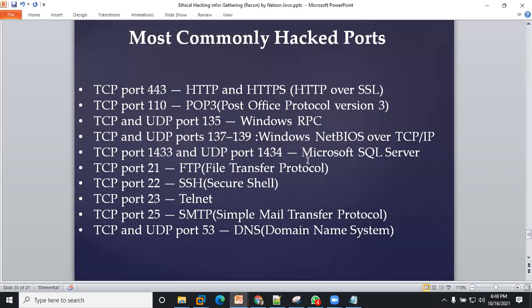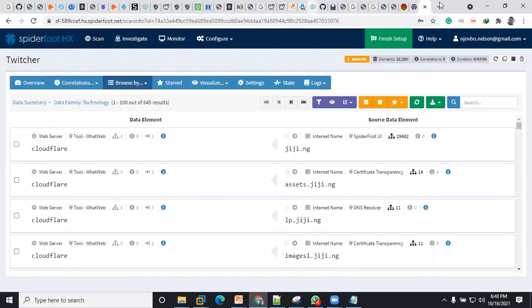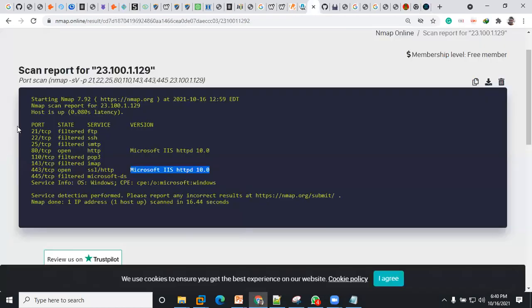And these are the most common hacked ports that you should be aware of. It's not enough for you to just scan, you need to be aware of the kind of ports you are looking for, as an attacker or a defender. If you remember our Nmap scan, I don't know if you still have it, you can see that these are some of the major ports that are out there. We discovered port 80 and port 443, and we were able to find out that the particular version of the service running on those ports is vulnerable.